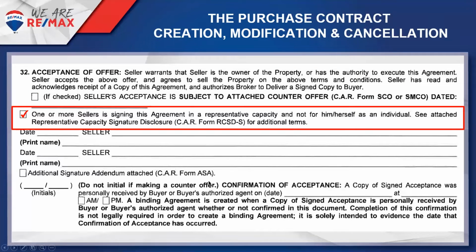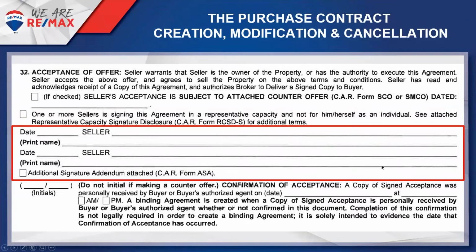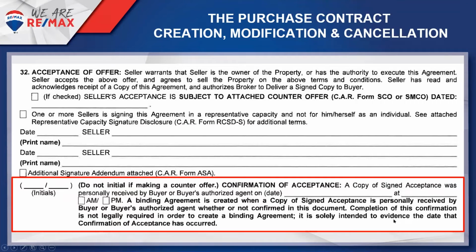And of course, if the seller is an entity, then you would include the representative capacity signature disclosure for the benefit of your seller, that really benefits the issuing party. So sometimes I get agents who don't want to send them, not our agents, but from other firms, and I explain to them, that really protects your client. You should send it. Okay, the seller signs it, and then if the seller is accepting,